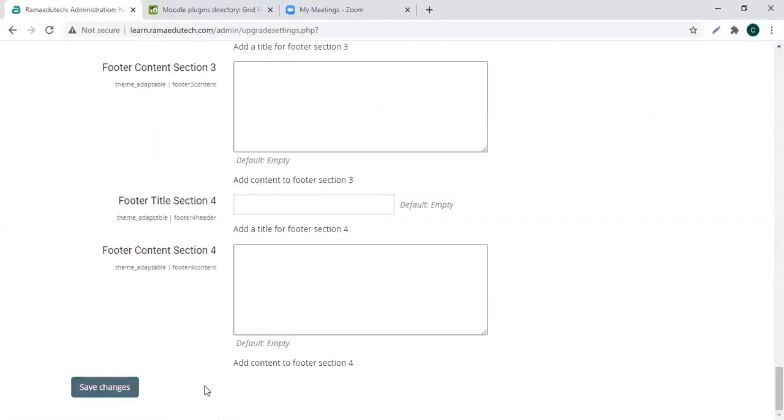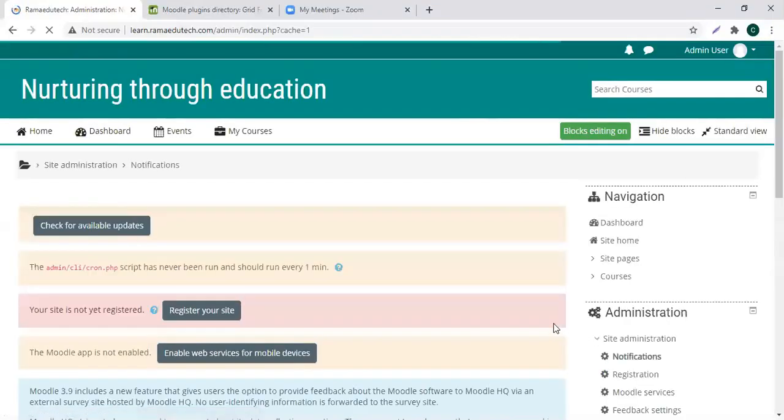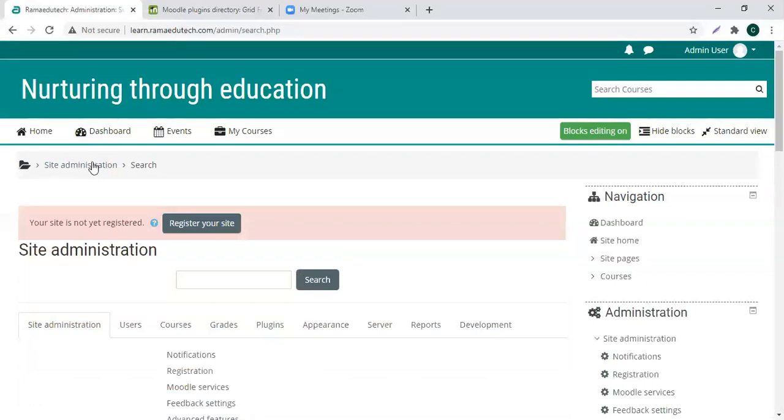Save changes. Remember to always save changes. Every time you install something or do something, scroll down to the bottom of the page and check if there is a button to continue or to save changes.